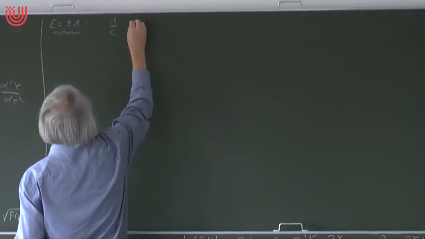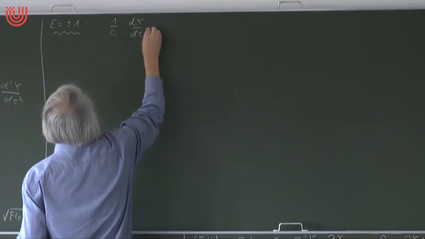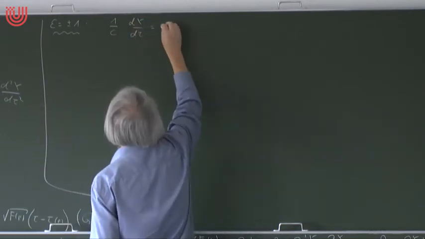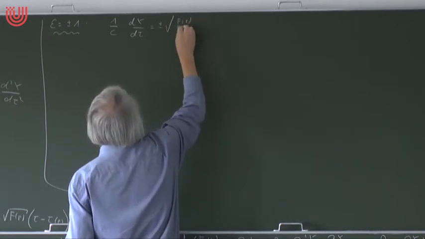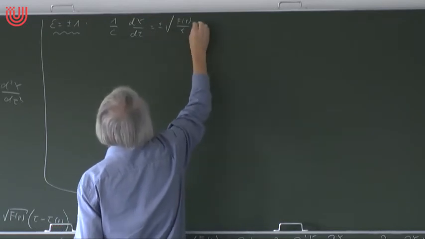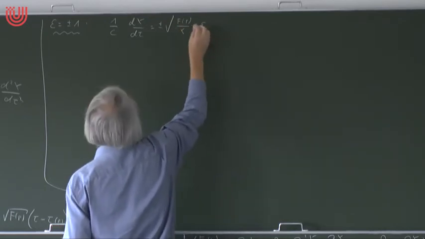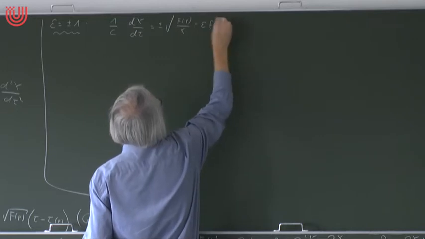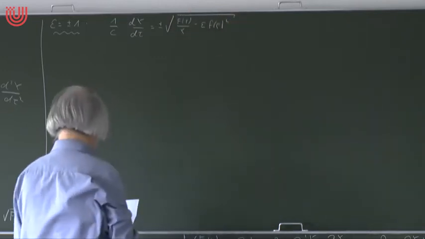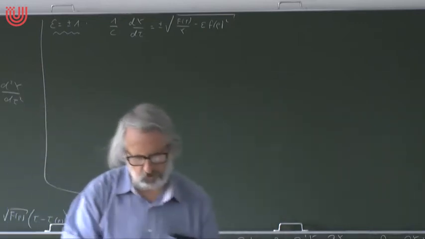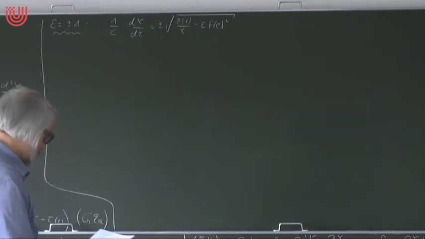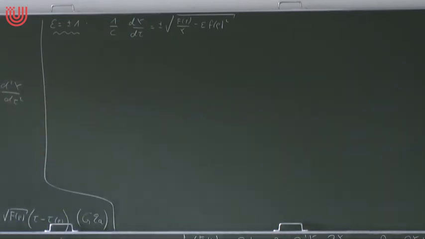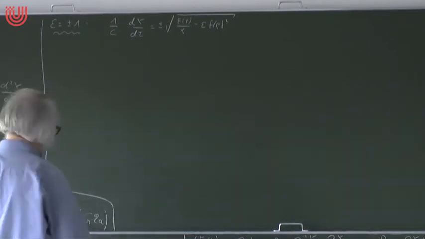So over c dy by d tau is plus or minus square root of f of rho divided by y minus epsilon f of rho squared. Is that the correct equation? Let me check. Ah, no, I was jumping ahead. Sorry,